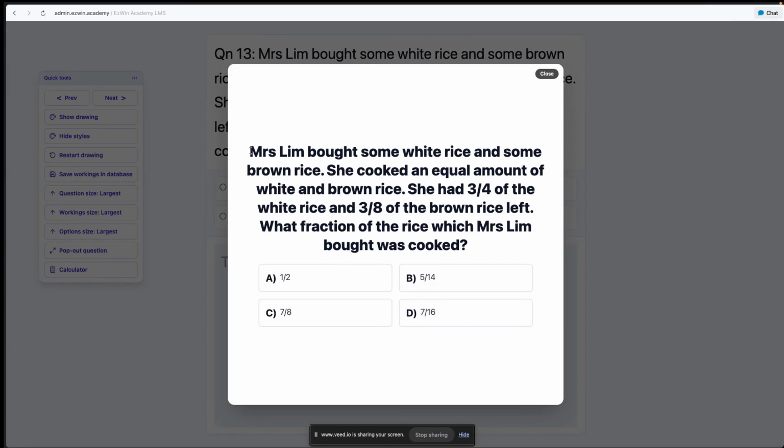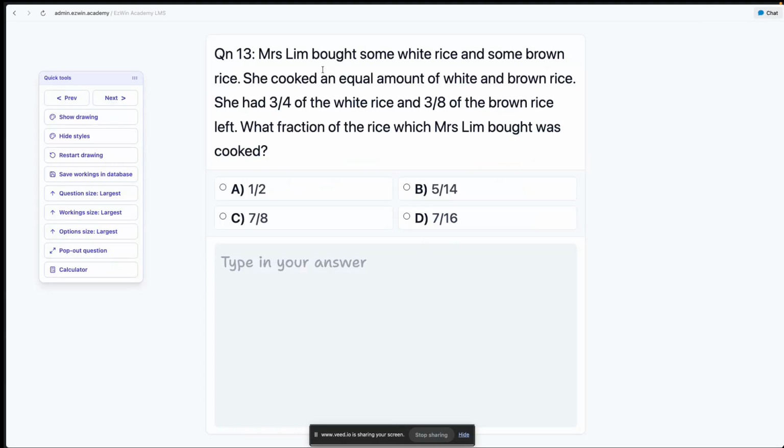Question 13. Mrs. Lim bought some white rice and some brown rice. She cooked an equal amount of white and brown rice. She had 3/4 of the white rice and 3/8 of the brown rice left. What fraction of the rice which Mrs. Lim bought was cooked? Okay, so we know that the white rice and the brown rice,